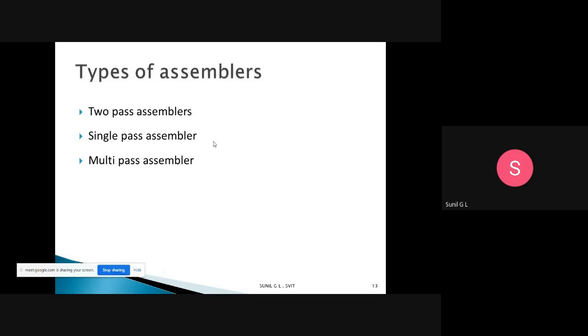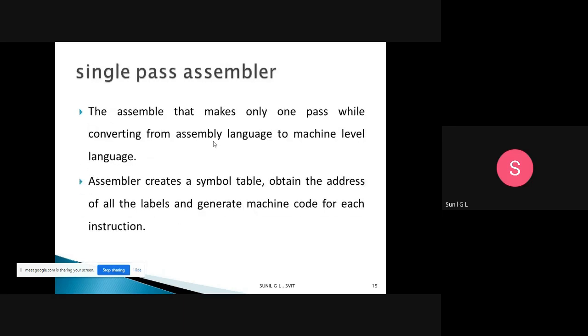In a single pass assembler, the conversion of assembly level language to machine level language is done in one phase. This assembler creates a symbol table with the address of all the labels and generates the machine code for each one. Everything is done in a single pass.